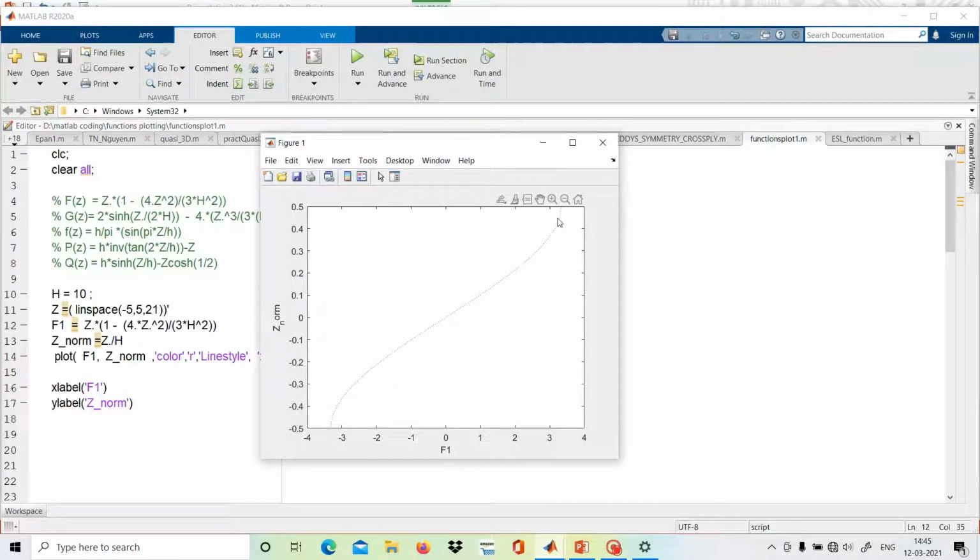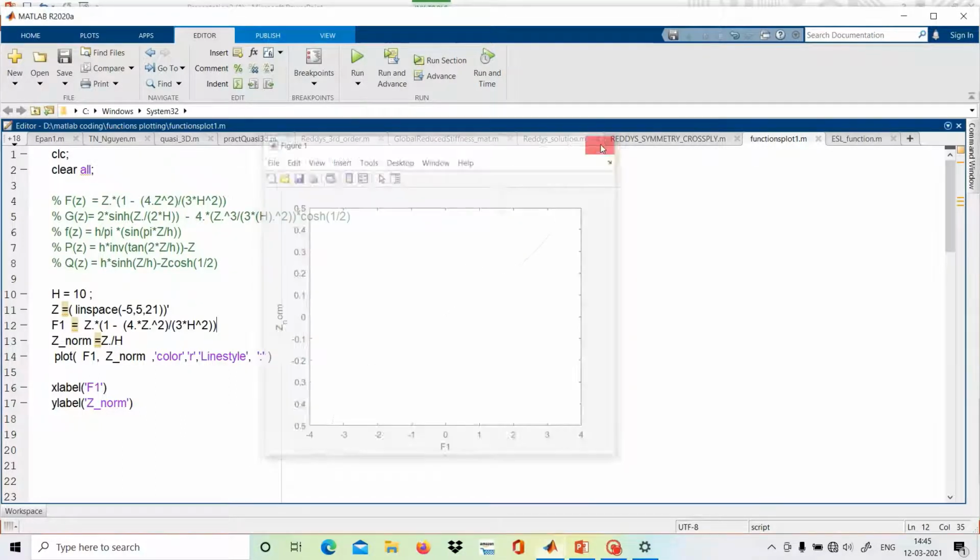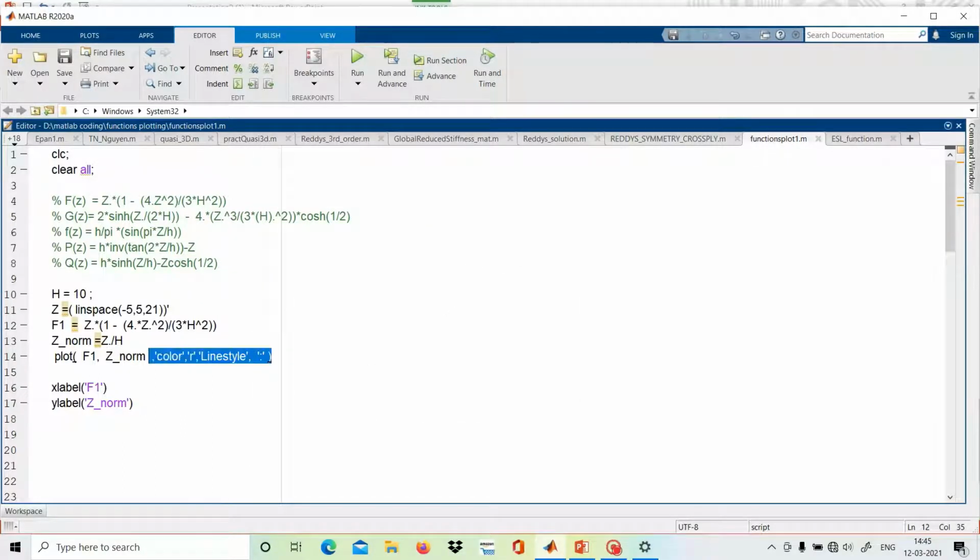If we want a bold line, what we will do is just cut it and come to this command. We'll just remove this and now we will run.